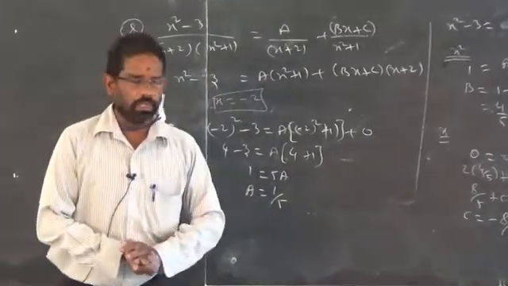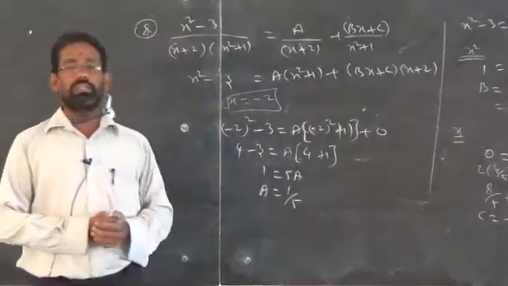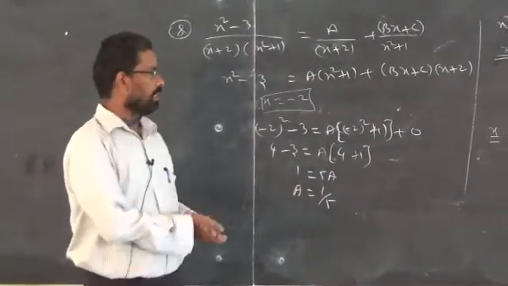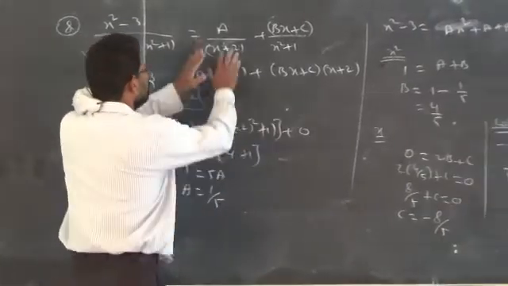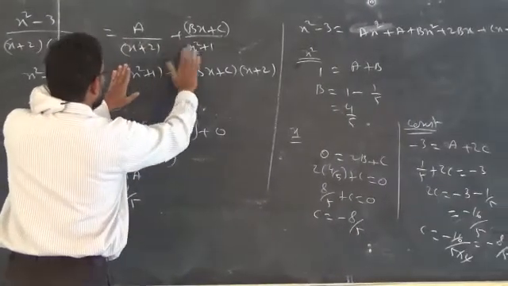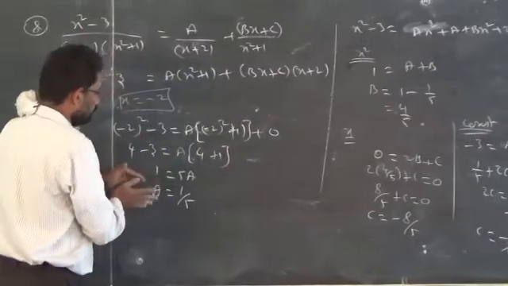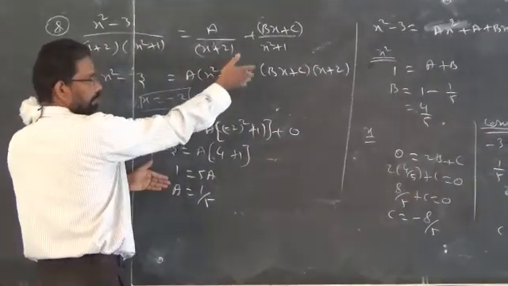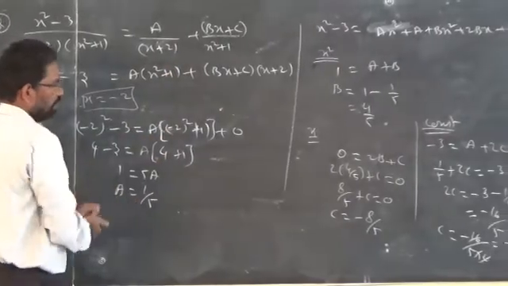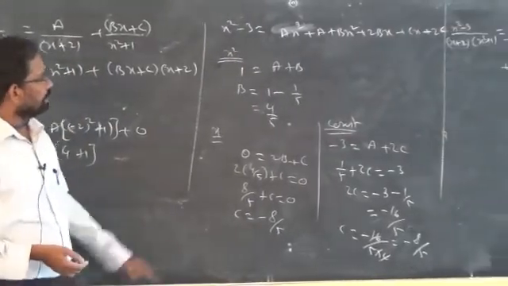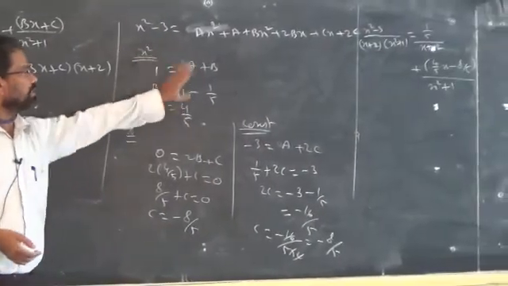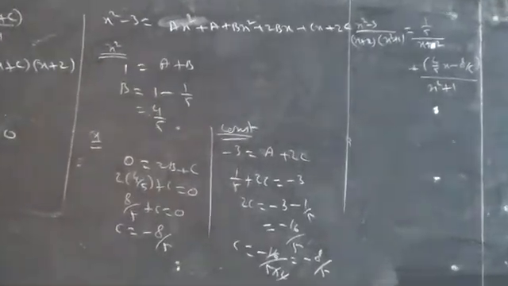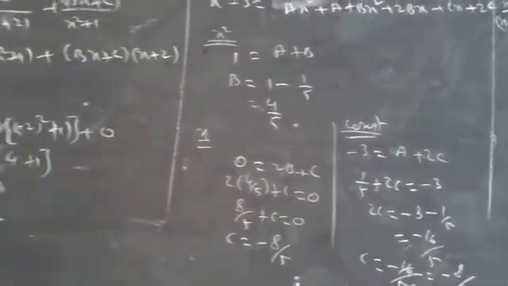You never get a different answer by following a different method. You will get the same answer. But my suggestion is, in this type of non-factorizable model, it is better to replace x directly, seeing the expression, and you will get the answer. To find the remaining answers, better you go for comparison of x square, x and constant. Clear, boys? So this is the one.